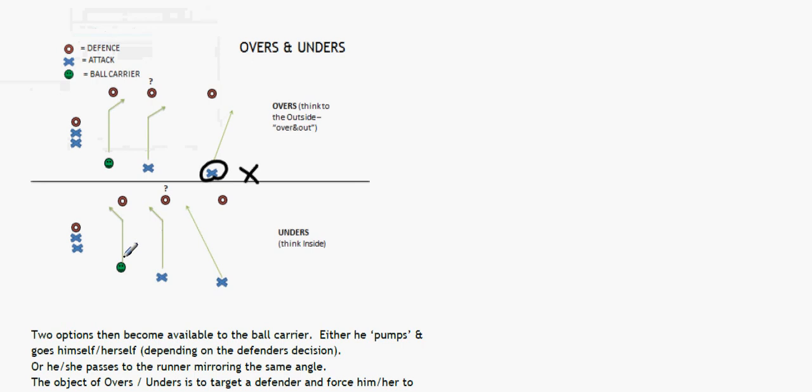okay, so the next one is unders. Unders is where the ball player comes up, drifts into the inside. Oh, sorry, still haven't gone through this one yet. So this one here is the overs, and this player here is spaced on the outside. Basically this player is going to come up, and this player is going to mimic his run. Then last second, just as he gets to the defender here, he's going to take a jink